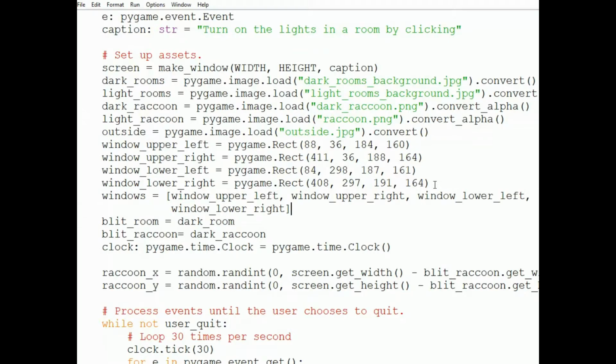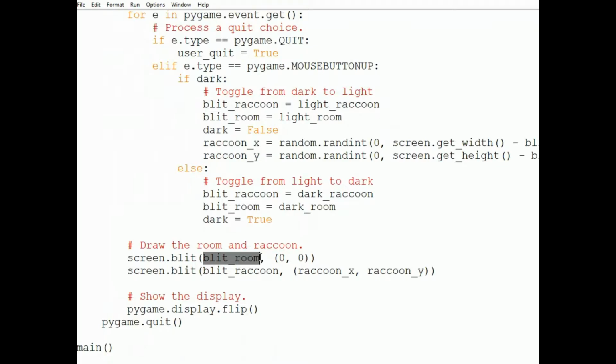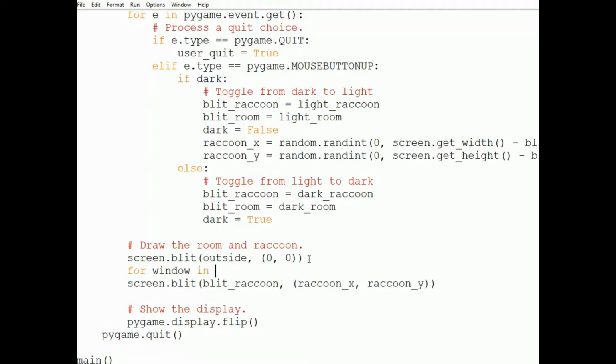Now, here's why. I want to draw my room's image through all 4 of those windows, so I'm going to have to set each one as the clipping region and blit my room's image 4 times. It will be easiest to do that in a loop, which I can do if I have my windows in a list. So I'll remove the old drawing code, and I'll blit the outside image. And then for window in windows,